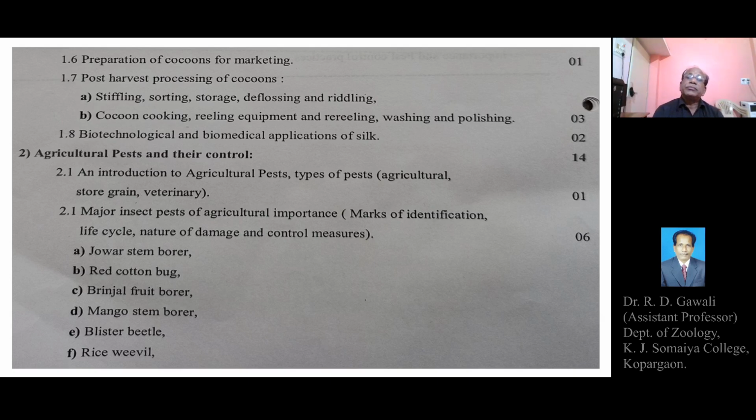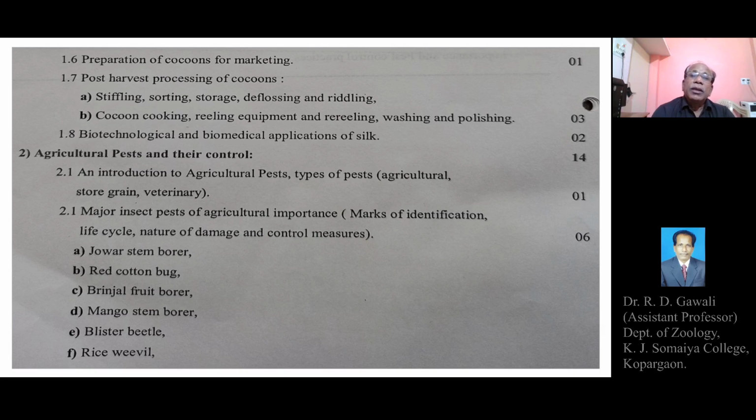Stippling means drying of the cocoons directly under the sun or sunlight so as to kill the pupa, the stage of life cycle of Bombyx mori present inside of the cocoon,